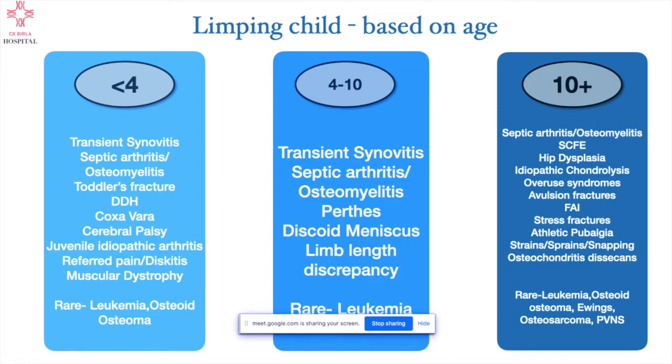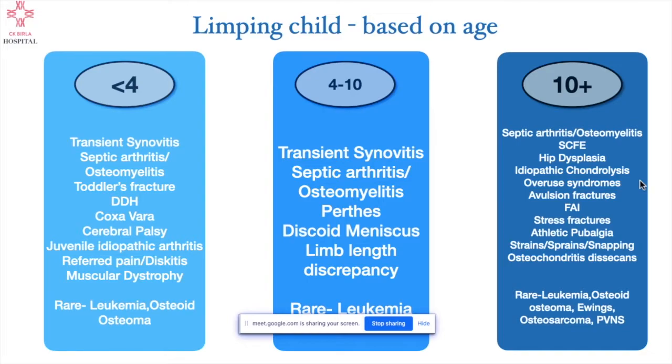Then idiopathic chondrolysis means that for some unknown reason there is cartilage damage, either because of trauma or without any precipitating factor, and that subtle damage in the cartilage incites a lot of inflammation in the hip joint, and a chain of events starts where there is a lot of chondrolysis. The cartilage destruction starts and the child is in severe pain, acute onset pain, and you may have long-term consequences in terms of decreased hip joint motion or even delayed arthritis. So again, we cannot afford to miss an idiopathic chondrolysis of the hip.